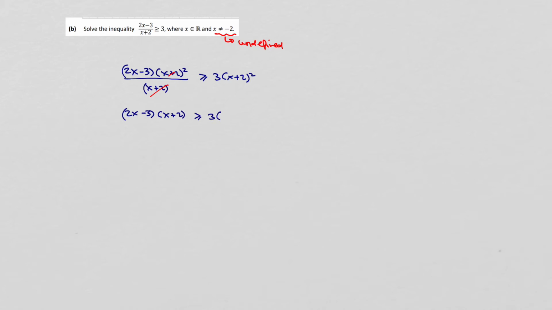And on the right-hand side, if I square out the brackets, I have x squared plus 4x plus 4. So multiplying out the brackets on the left-hand side gives me 2x squared plus 4x minus 3x minus 6. And on the right-hand side, 3x squared plus 12x plus 12. Bringing everything to the left-hand side then, we get x squared plus 11x plus 18, and then of course